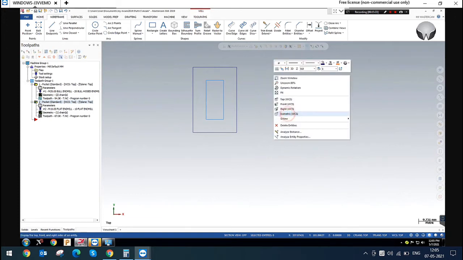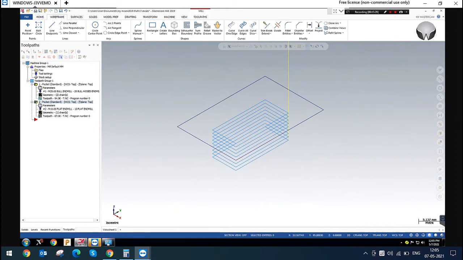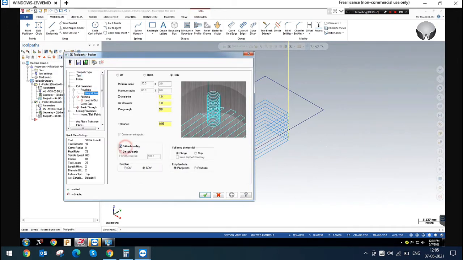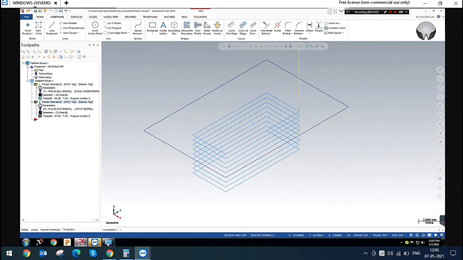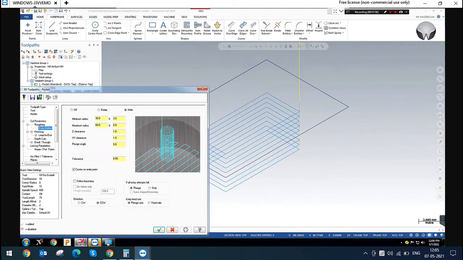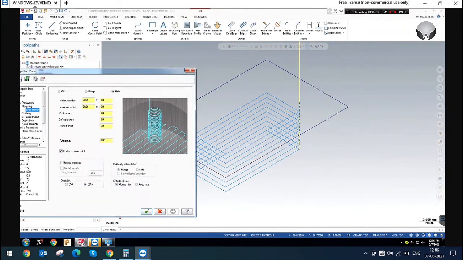Ten mm. Okay. You can see this, brother. There is no helix or follow boundary. Yes, brother, because here is a high value. The follow boundary is not created. If I give the helix, what will happen? It is also not created in the helix because there is a small area. My tool is big. That's why the helix is also not created. So this is a failure to create the helix, right? So now this is a failure.